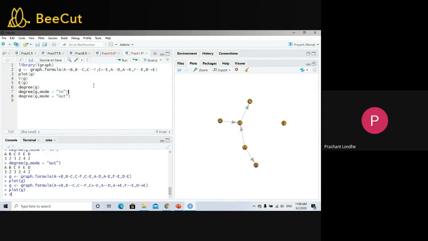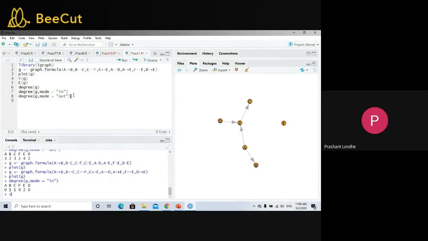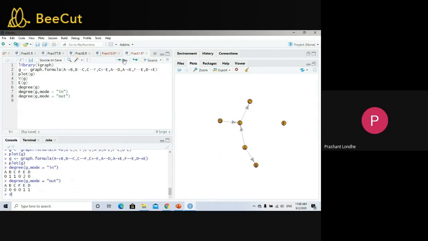Now there should be changes for in and out. Just see, we don't have any inward edge, so A is equal to 0. But we have 2 outward edges for A, therefore it is displaying as 2. But we don't have this problem as of now, so I will do it simply because we want to display the matrix also. Fine, let me run this again.